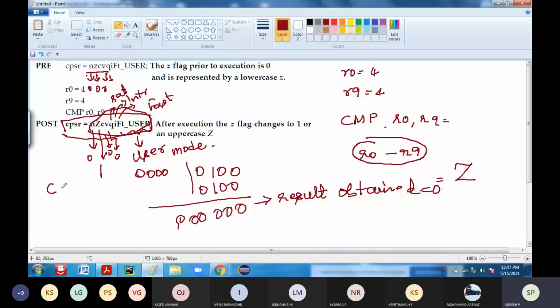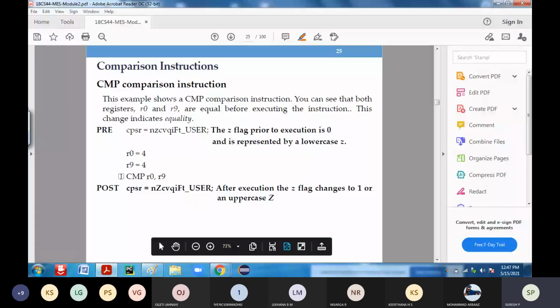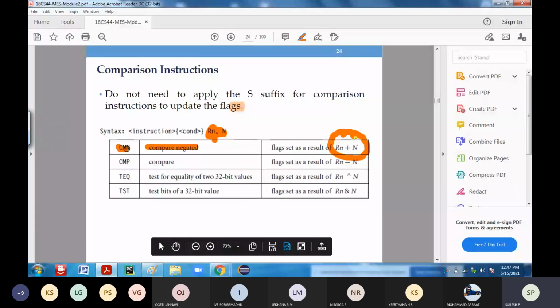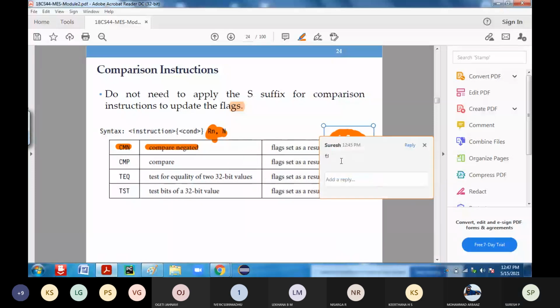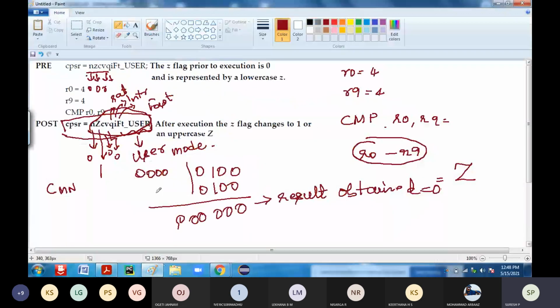Similarly, if I have compare negated, CMN, which you can see in the previous instruction, what operation is it going to do? It is going to perform Rn plus N, that is, R0 plus R4.